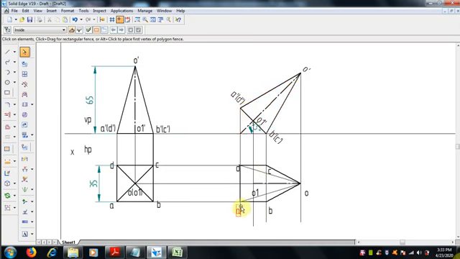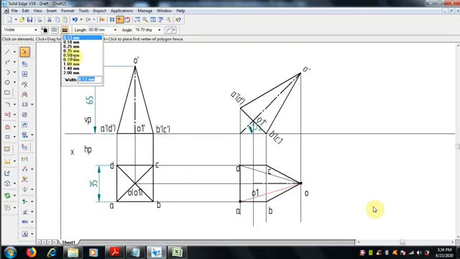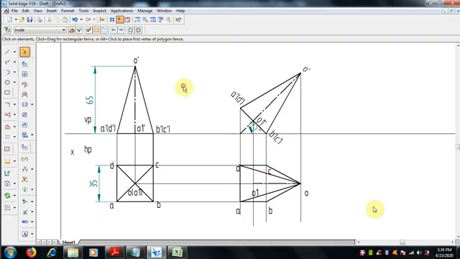The line edge, you can see AD is a visible edge from the top. Also we can see the visibility from A corner to O, and D to O is visible. Here also we have to mention them as thick lines. So select the lines A to O and D to O, making them 0.5 mm thickness. From the top, if you are seeing these two slant edges, they are visible. We call them slant edges, A to O and D to O.